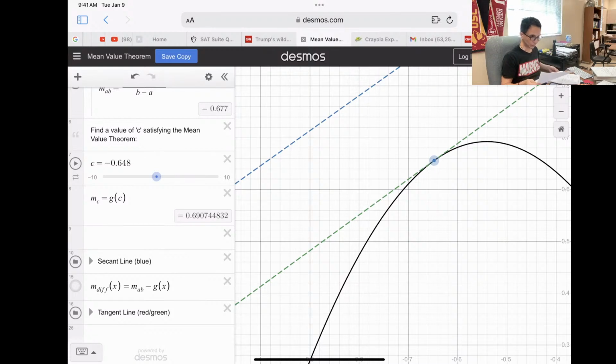Whenever it's curved, there's going to be a point where, when you say relative maximum, yeah, but wherever the